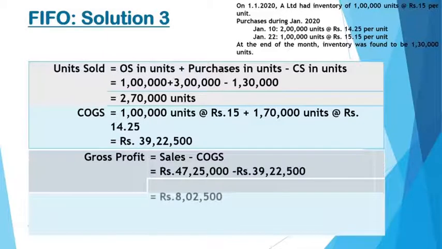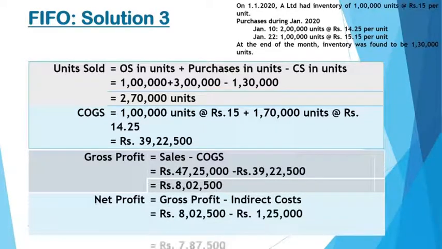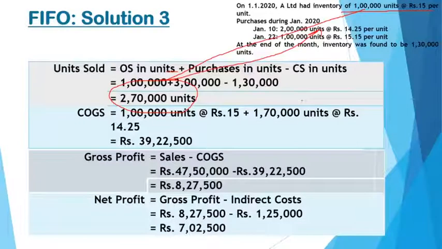You will get gross profit of 8,02,500. Now deduct indirect cost given to you to calculate net profit. So I hope this is all known to you. These formulae are not new, right? Extended to further questions wherein we have a whole lot of information available.